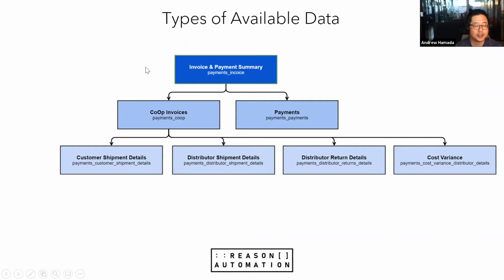Got it. Okay. And then so I see that we've got customer shipments and distributor returns. Can you tell me about the difference between distributor shipments and returns and the types of charges a brand might see? Yep. So a distributor shipment is when Amazon's receiving, and a return is when they're returning stuff. So it's basically backing out the deduction that was taken from that return. So